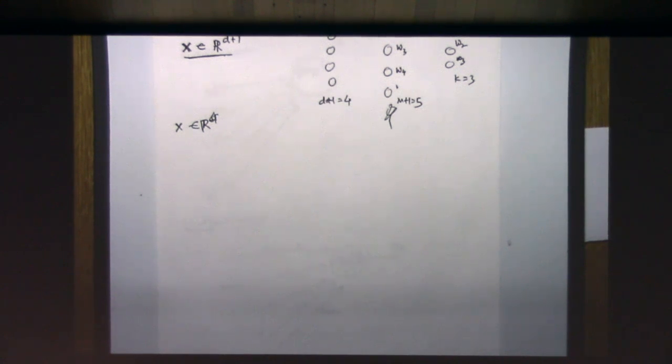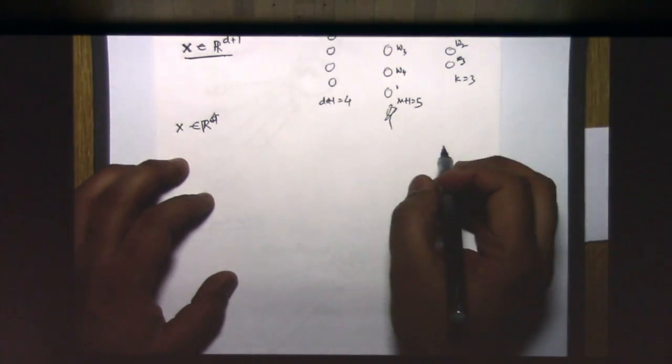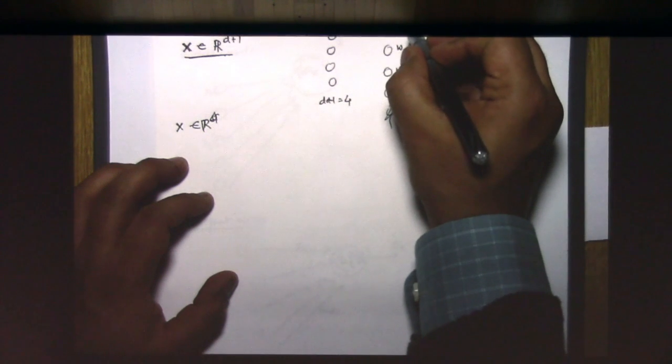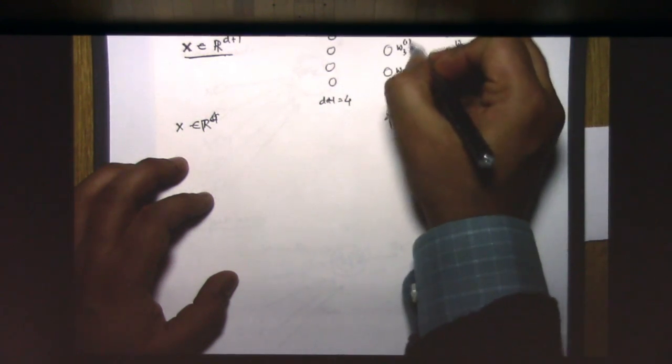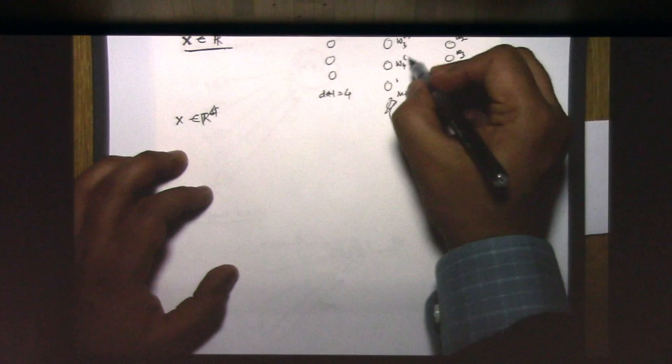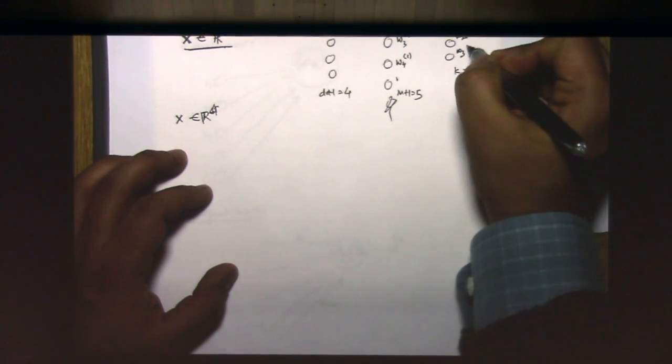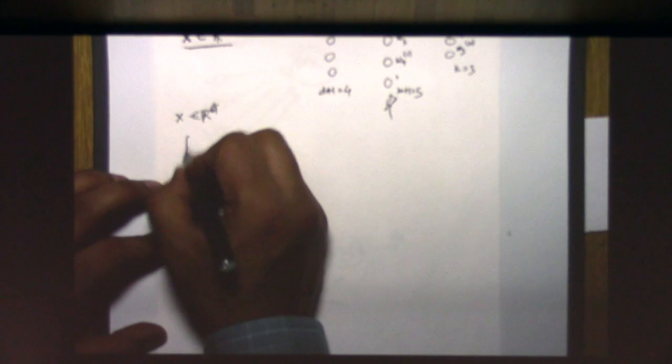W1, we can call it W1. So these are like a superscript to tell you that these are the weights for the hidden layer, and then these are the weights for the output layer. All right? So in the first step, what we do is, for each